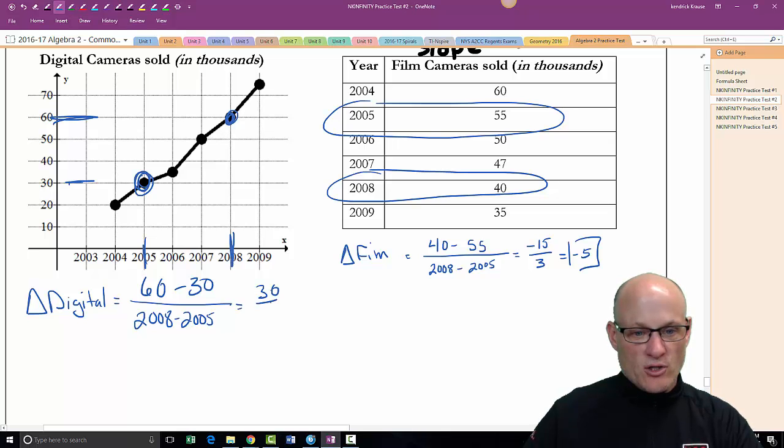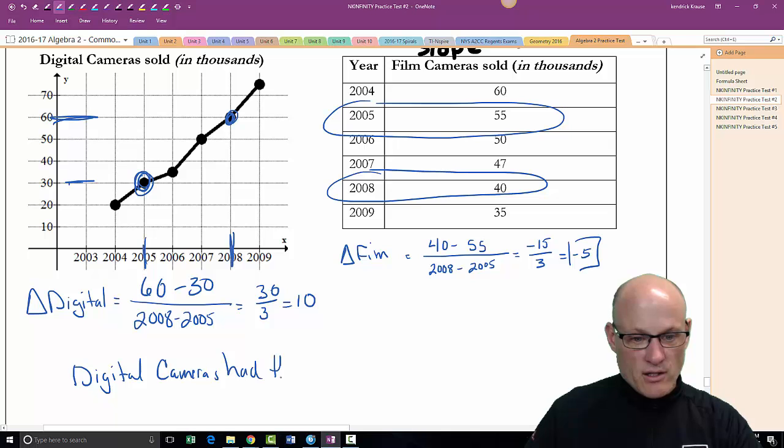So that's 30 over 3, which equals 10. So digital cameras had the greatest average rate of change